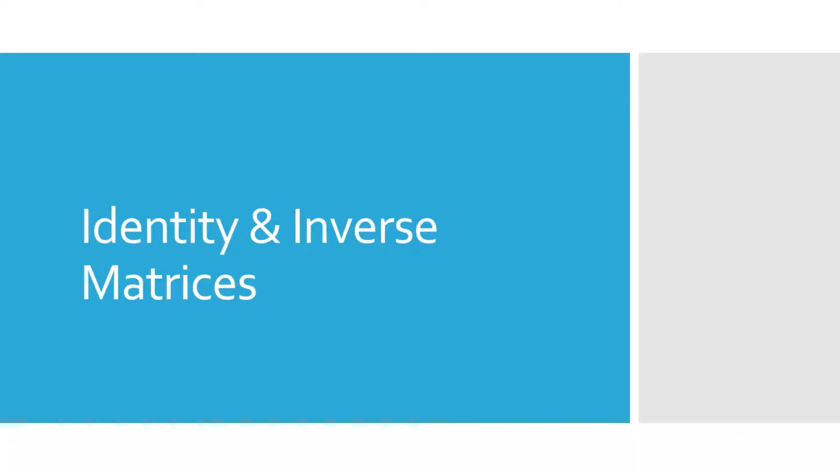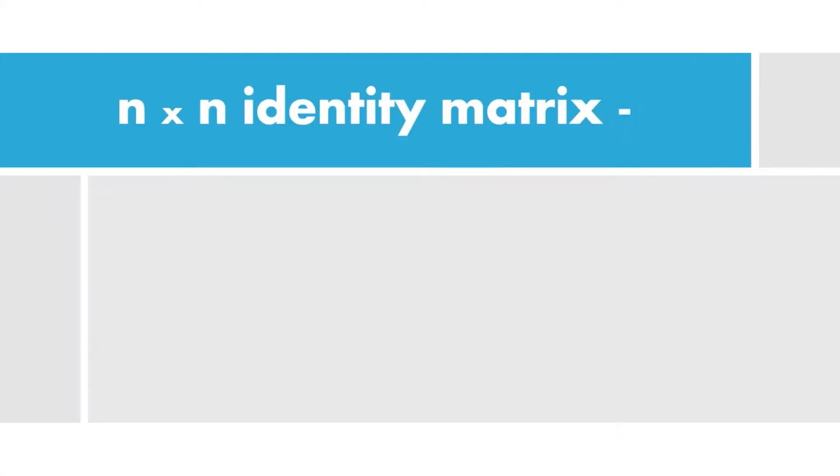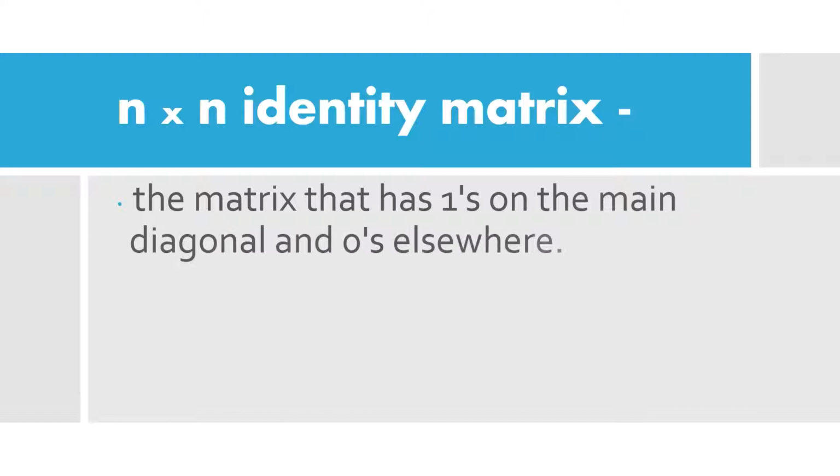Let's talk about identity and inverse matrices. Every identity matrix is square. That's what the n by n signifies. So every square identity matrix is a matrix that has ones on the main diagonal and zeros everywhere else. Here's a 2 by 2 identity matrix,